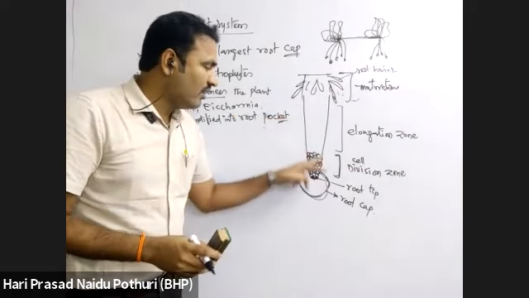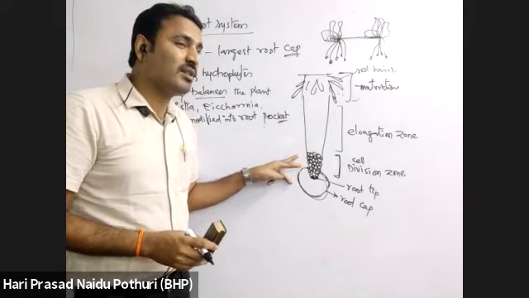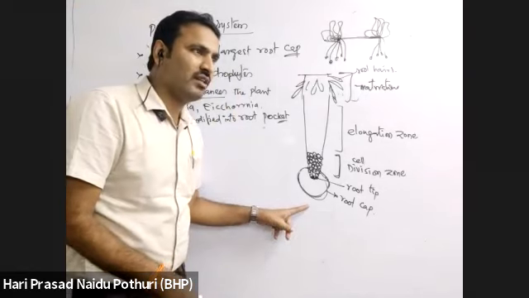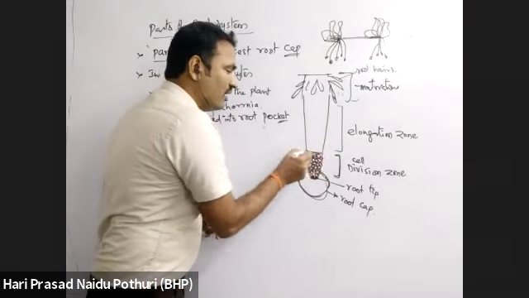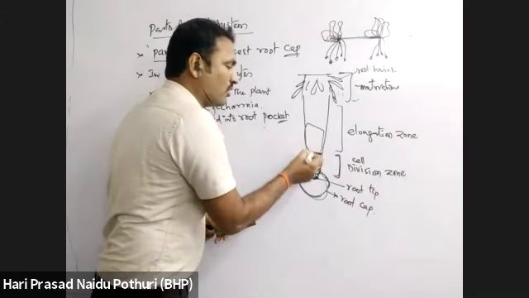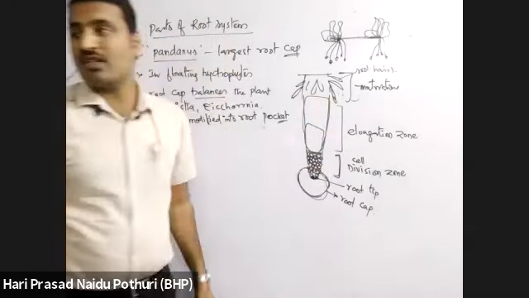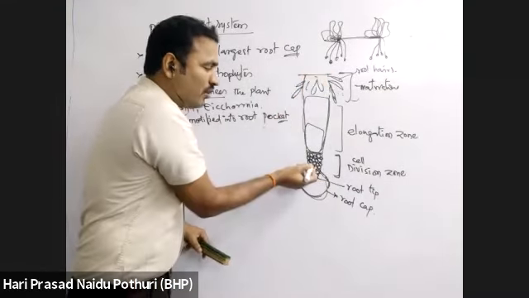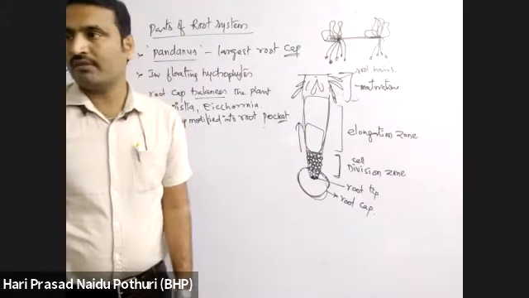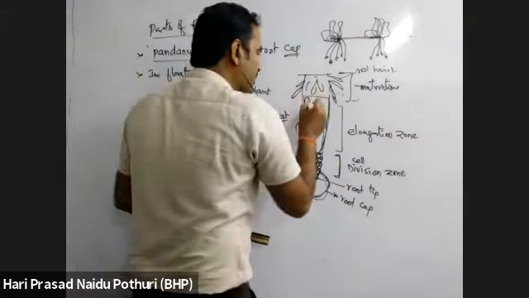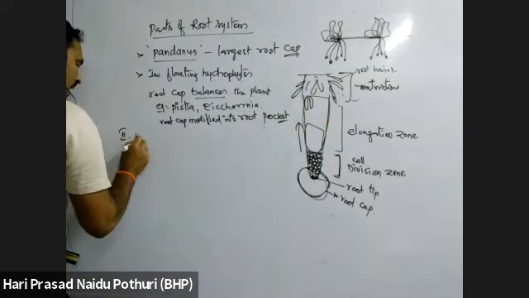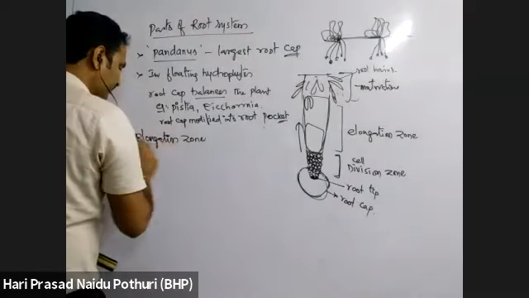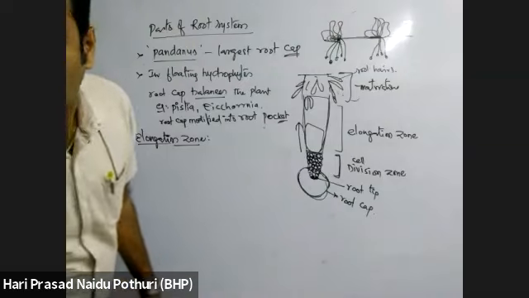This is the zone of cell division. Below that, because from top to bottom we are moving in the soil, below that cell division zone is the part which we call the elongation zone, because this is the terminal, this is the base. Below means from terminal to base we have to consider. When we consider that, the next zone is called what? Elongation zone. Zone of elongation.